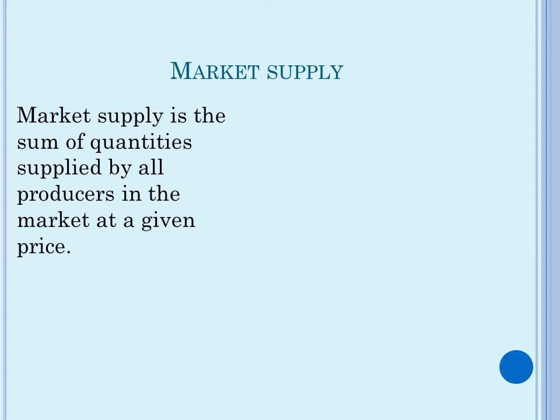The next topic is: what is market supply? Market supply is the sum of quantities supplied by all producers in a market at a given price. Individual supply curve is a graphical representation of an individual supply schedule, and market supply is the sum of quantities supplied by all producers in a market at a given price. For example,